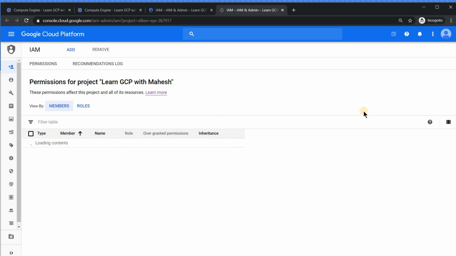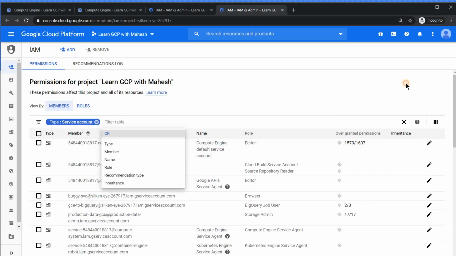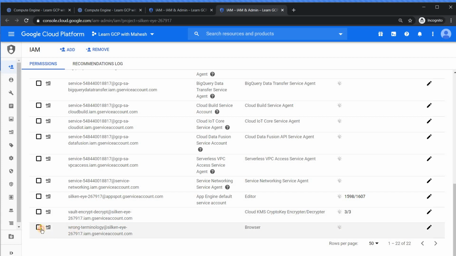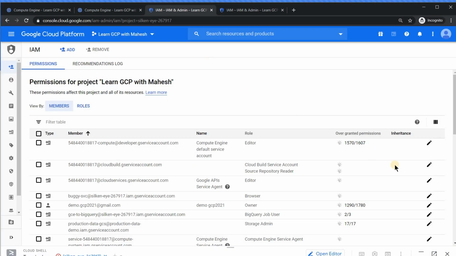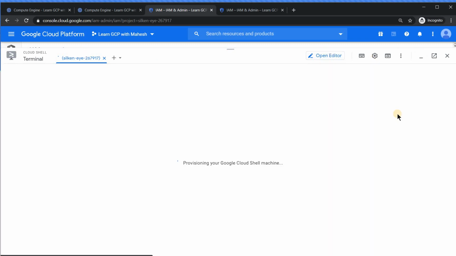If you scroll down or put a filter like the previous time, you'll see that buggy. If you scroll to the bottom, you'll see your wrong terminology still there. This is totally, seriously a bug, is what I see. And this is not only at the UI level. Even if you launch your Cloud Shell, that's what I figured out. Let me connect this back. Even when I run a gcloud command, I'm getting the same thing. So it looks like a bug.